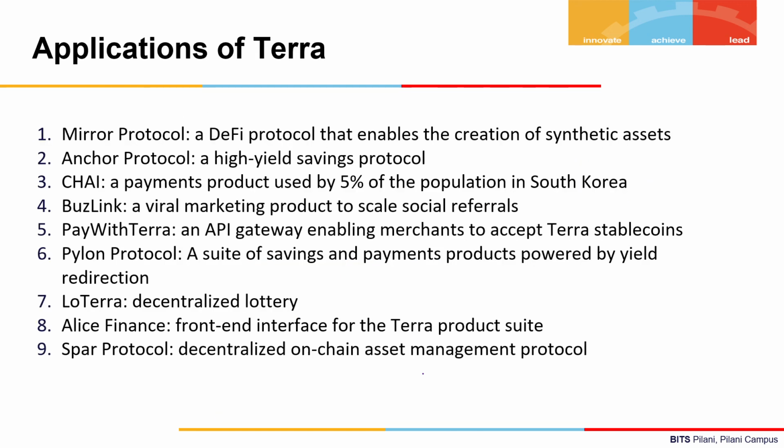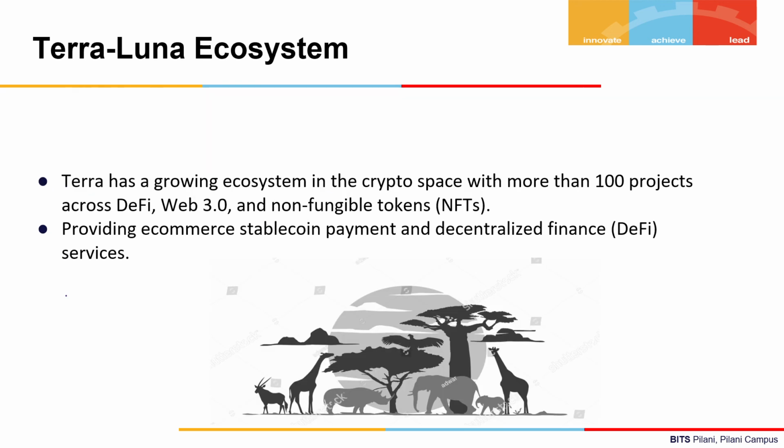Here is a list of all the applications of Terra so far. We have Chai, which is one of the most prominent payments products in South Korea. Then we have protocols like Mirror and the Anchor protocol. We have a decentralized lottery system. All of these are based on Terra. What we're moving towards is basically an ecosystem, which means a set of projects which are all independent yet sustain each other in a unified process to create an economy of